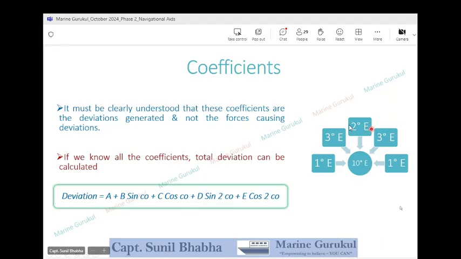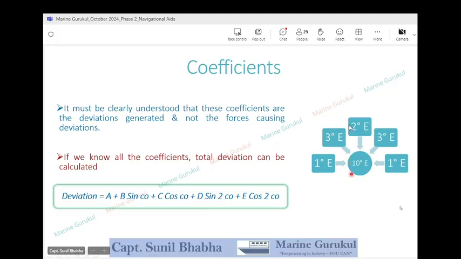We know that whenever the ship's head changes, the deviation also changes. But the change in the heading may affect different parts of deviation, what we call coefficients, in different ways. I'll repeat. The change in the heading of the ship may affect different parts of deviation, what we call coefficients, in different ways. Say for example,